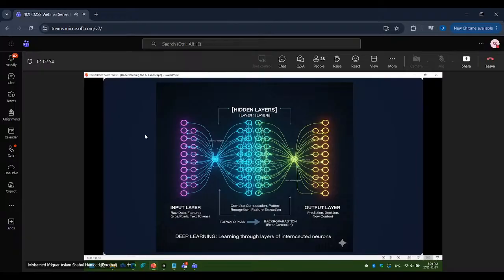There are two terms here. We call one overfitting, and we call the other underfitting. For example, I have multiple data, and when I draw a straight line, all the data perfectly fits into that straight line. That's called overfitting.